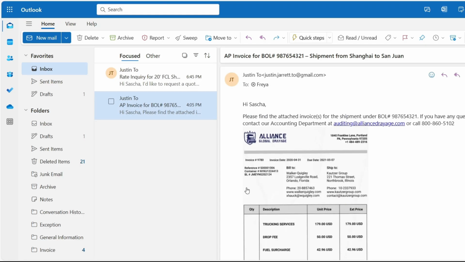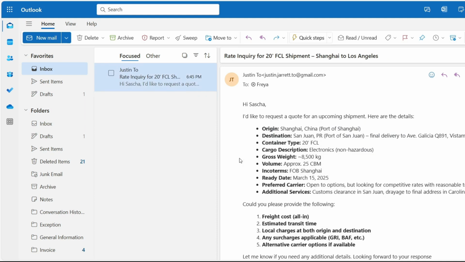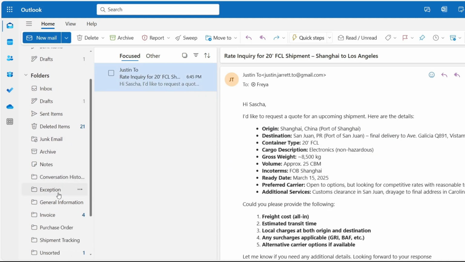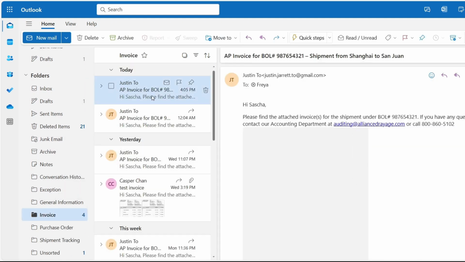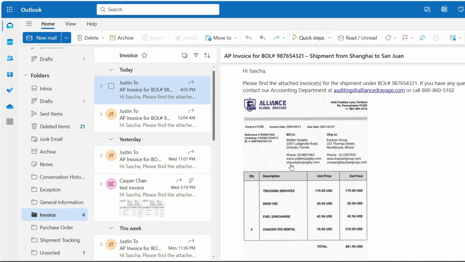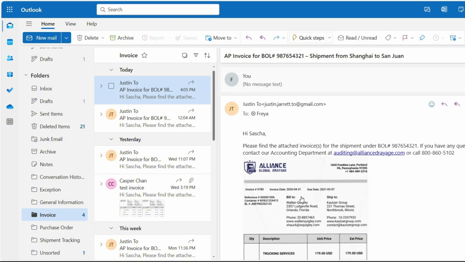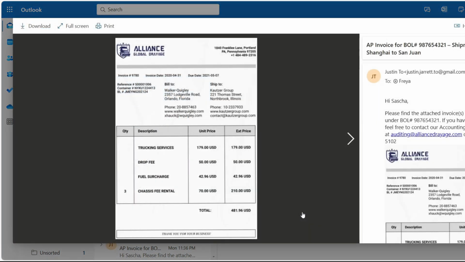So what our AI agent can do is first classify this email into the appropriate folder, which in this case is AP invoice, and this is based on the email subject, email body, and also the email attachments. So it can also look into all possible attachment formats such as PDFs, images, Excel files, CSVs, you name it, it can handle it. From there, it can look into these attachments and extract key information, such as in this case, a reference or shipment number that's